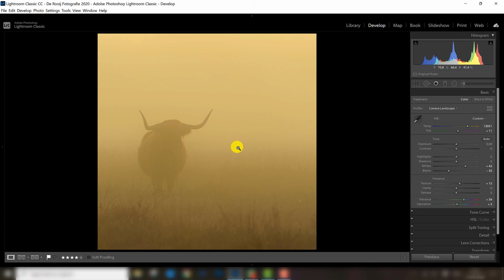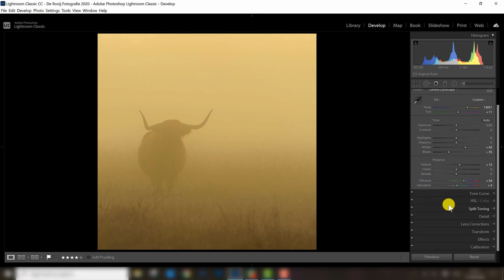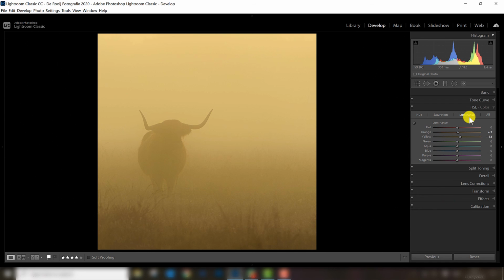Maybe a bit of more warm tones, even like this. I'm happy like this. So the key for a really nice mood for sunrise photographs is get the warm tones with your white balance, increase it even more with your vibrance, and to have more control in the warm colors, go to HSL, and mainly the luminance is going to help you to brighten up that color a little bit